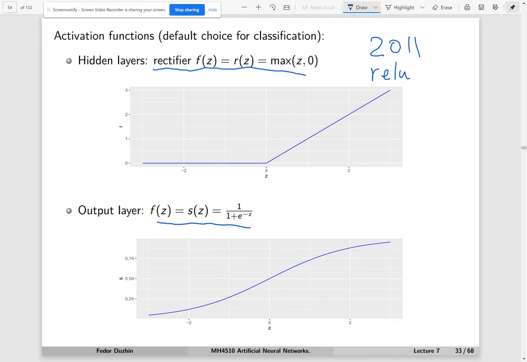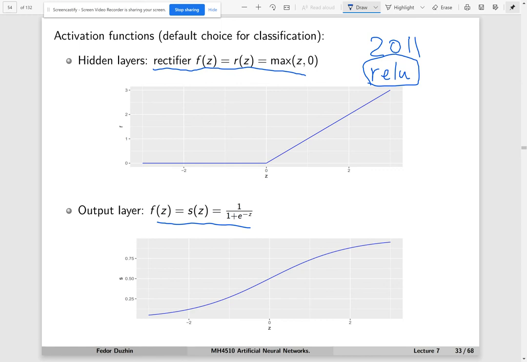There are other choices. If you just read the Wikipedia page on ReLU, rectifier neural networks, you will see that there do exist a lot of different options. But unless you somehow know that some other choice of an activation function is more suitable for your problem, I think the easiest thing to do is just to go with the default one, and the default one is this